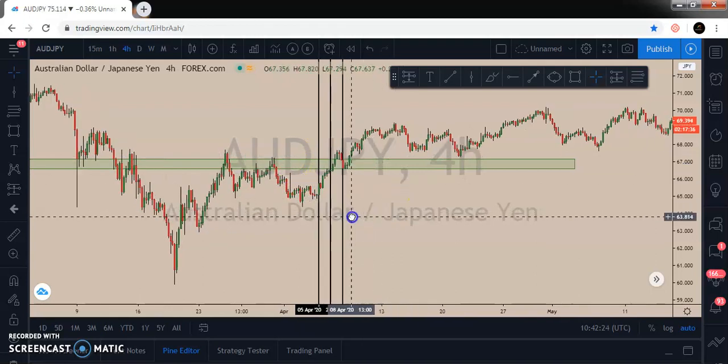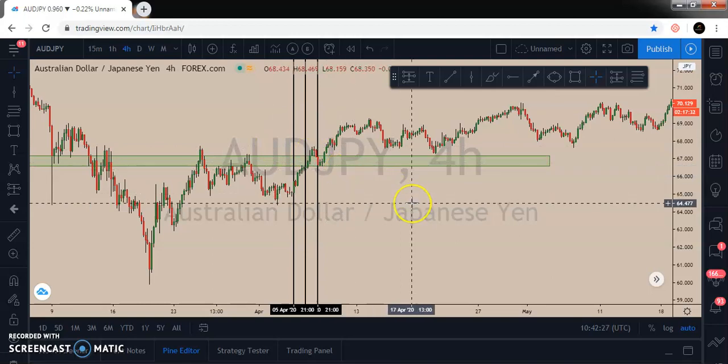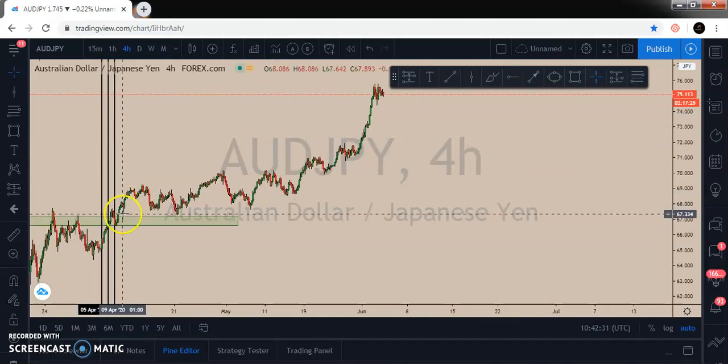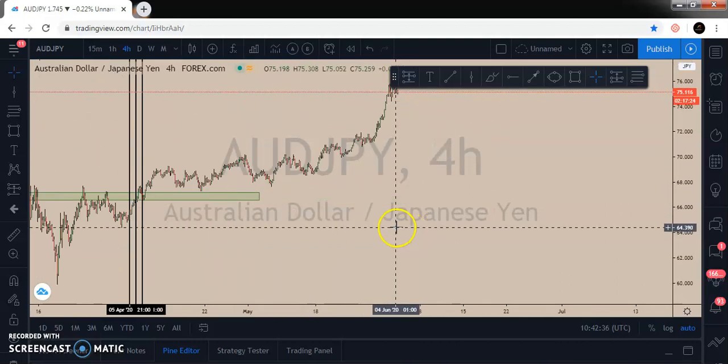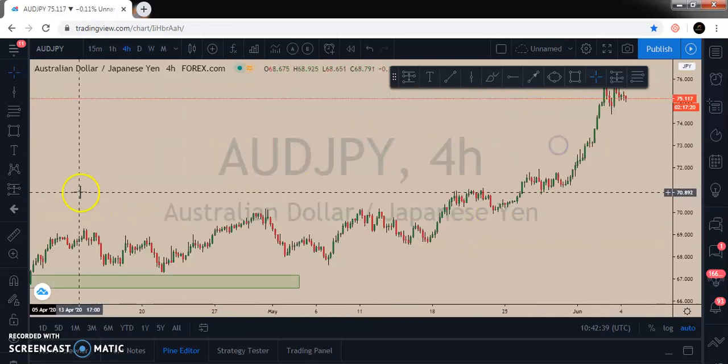But the big banks, the big boys, which we always follow and we make use of COT, we follow them to ride this trend. Do you see how long this trend is? You follow them to ride this long move to the upside, and you'll be in huge, or let me say massive profit. Now let's go back to the backtesting region.